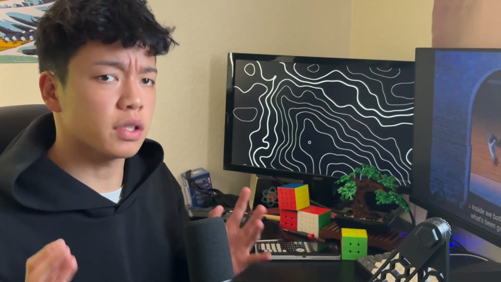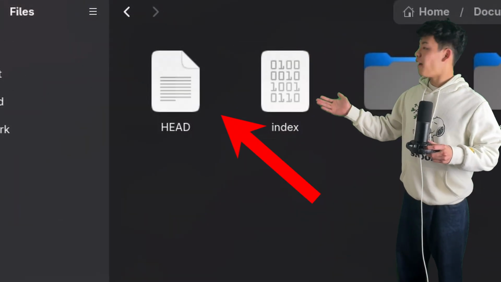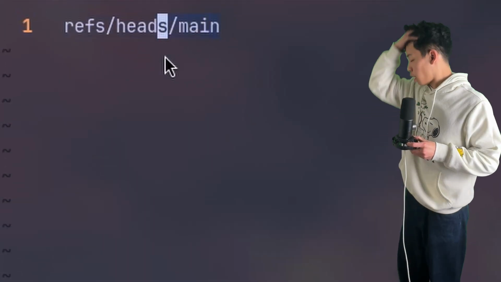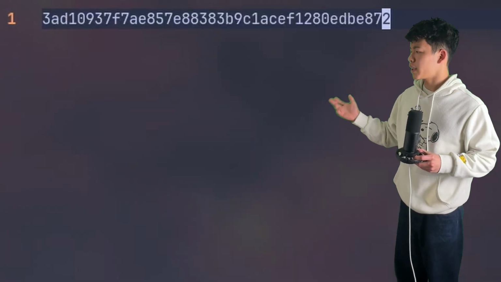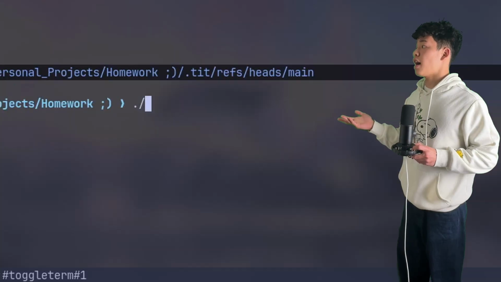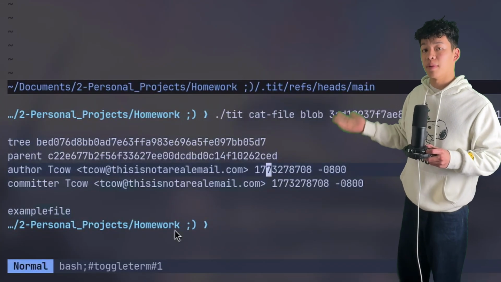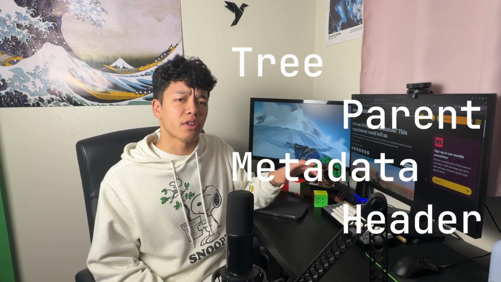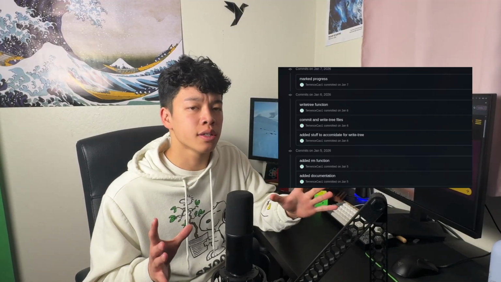So out of all of the commits that are in our objects folder, how do we know which one's the current commit or the head of the linked list? With a big all caps HEAD file that we made in init. If we look inside, we'll see that it contains a location in our references folder. And when we go into there, oh, look at that. We find a hash. And if we cat file this hash, we see the whole commit. And this is our head commit, the current version we're on. Okay, beautiful. With that, we have everything we need to make our commit. We have the tree we made, we have the parent commit, the metadata from the OS, and the header we generate. So now that we're committing versions and not arson, we can move on to our last function, which is